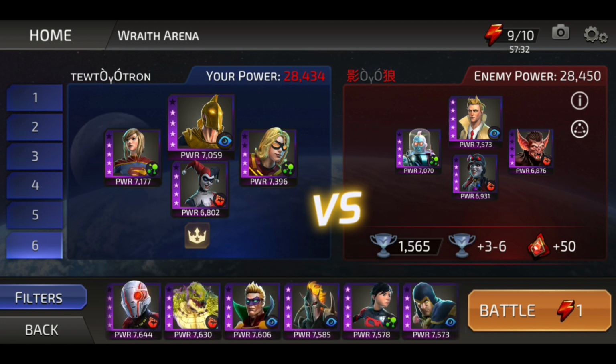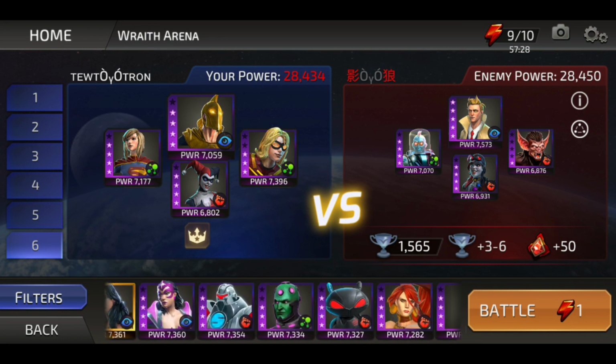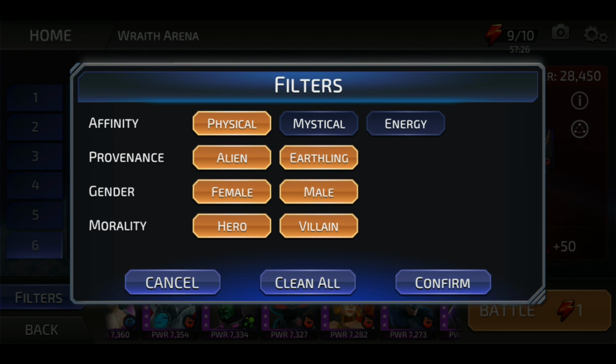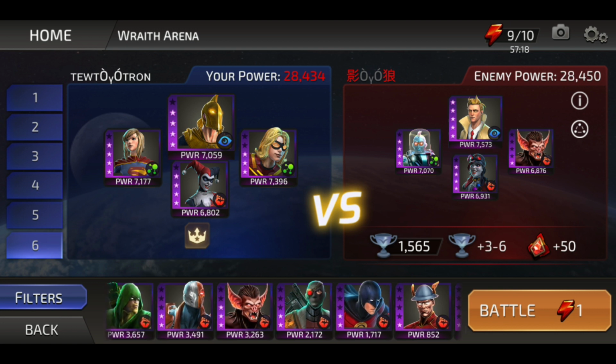So, because I'm an anti-meta player, I don't have Red Robin. As you can see, Red Robin is not geared. And look at that, right next to him, Deadshot Higher Gun. The two people that would really be effective at taking out Constantine are not here. So, let's just do this. I'm probably going to lose, but